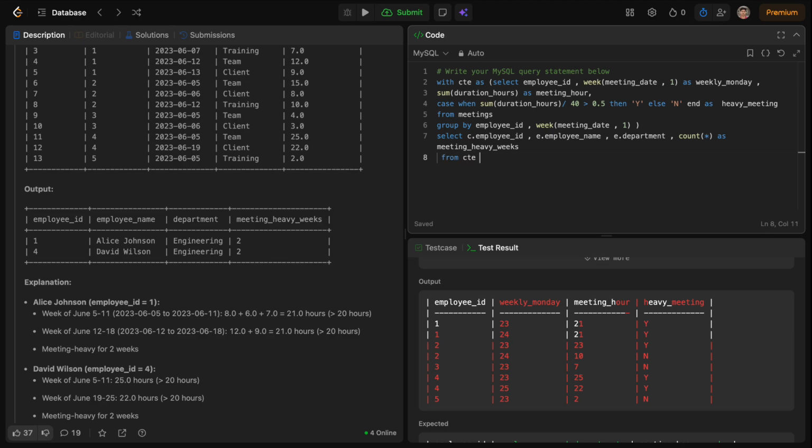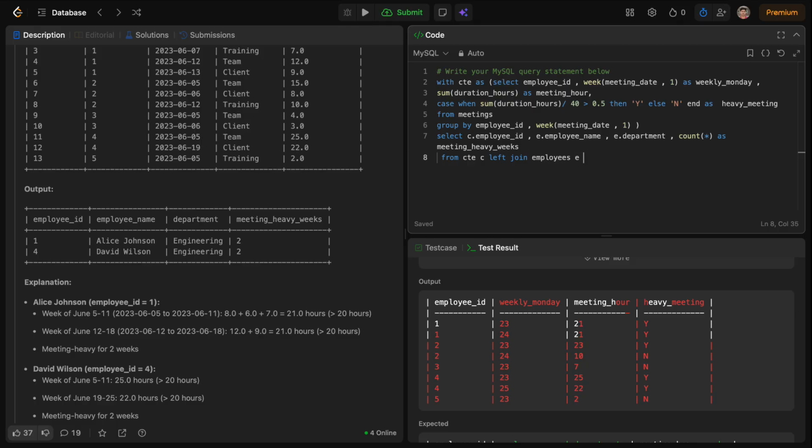From the CTE. We have to use left join because we want only those employee IDs which are contained in the CTE. Okay, if you think about those IDs which are not present in the CTE table and we join, it returns some null values, which is not required in our output. So left join